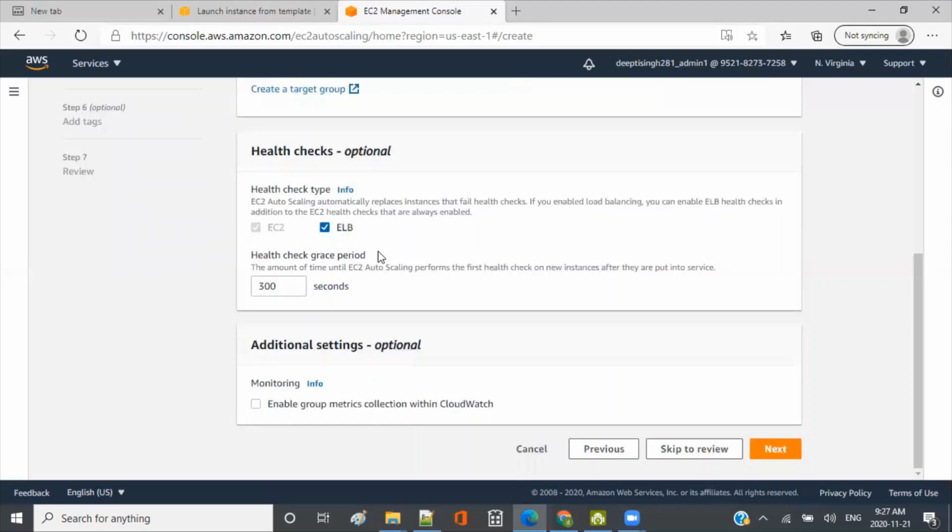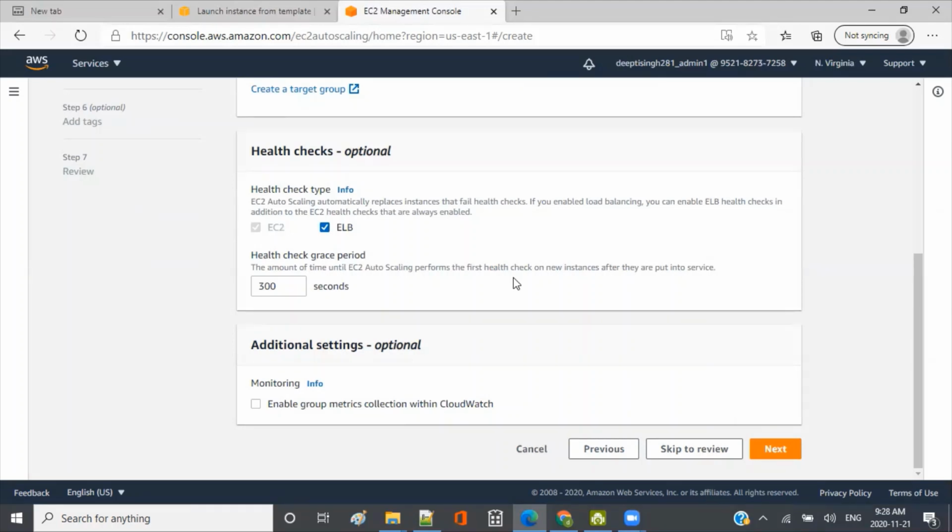And health check grace period, the amount of time. This is the amount of time until EC2 auto scaling performs the first health check, right? So when you launch the instance, you want to give it some time. Maybe your instance takes some time, right? Let's say, in a real world scenario, you launch something, and instead of Apache, it's let's say JBoss, and it is launching some application jars which are trying to access some database, right?